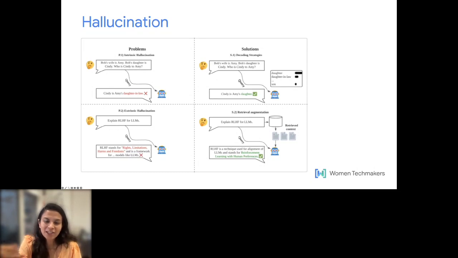It doesn't say that it doesn't know. The chatbot will just confidently give you a wrong answer, right? If you see another example over here, if you give this prompt like "explain RLHF for LLM", it has given the answer as rights, limitations, and harms and freedom. I think the image is a little blurry, or probably I'm not able to see too clearly as well. But the problem here is